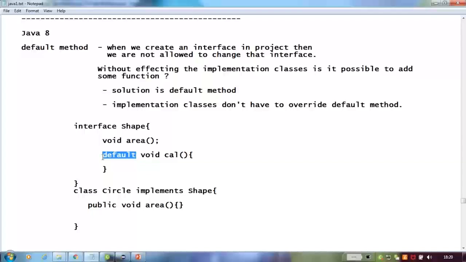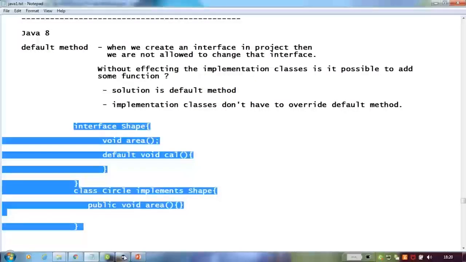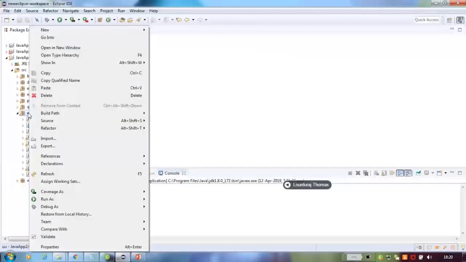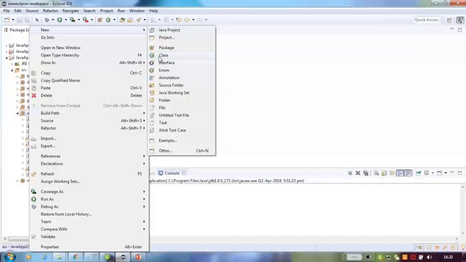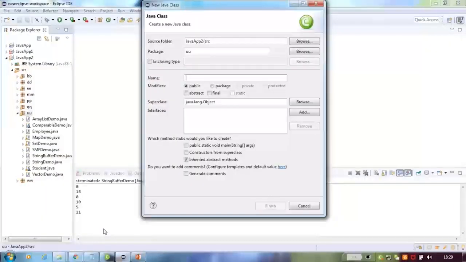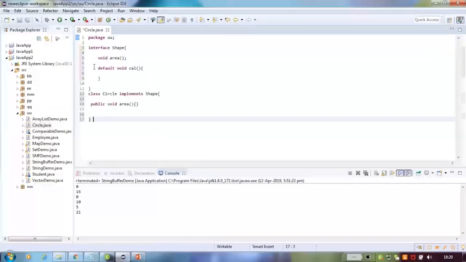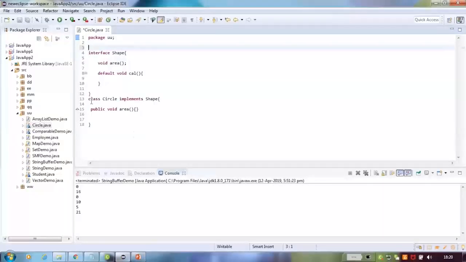Okay. Now if you want to override it, let me write it, then you can see much more. Control C. We're going to open here, create one class here, right click, new class, and use the class name, whatever we use, Circle. Okay, and see how it looks. This is your Control V. Save interface, no issues. This is a default method, correct? That you have overridden, the area method. Fine. Save it, right click,